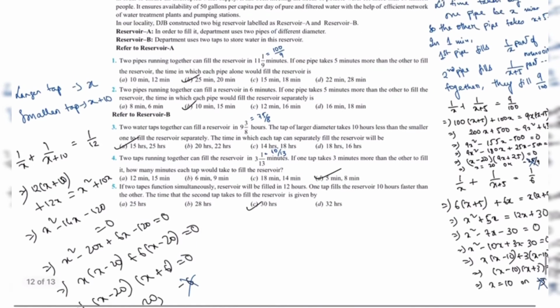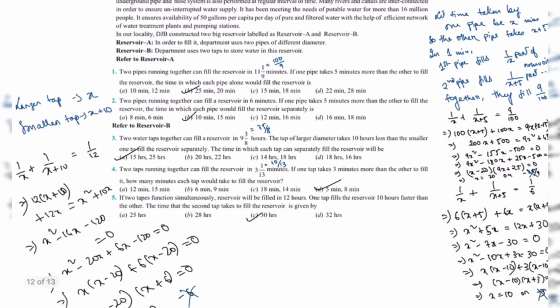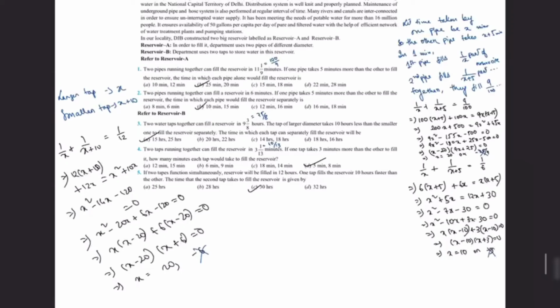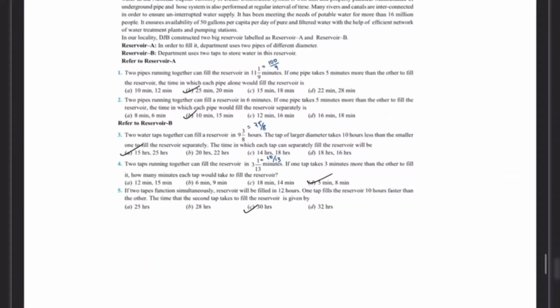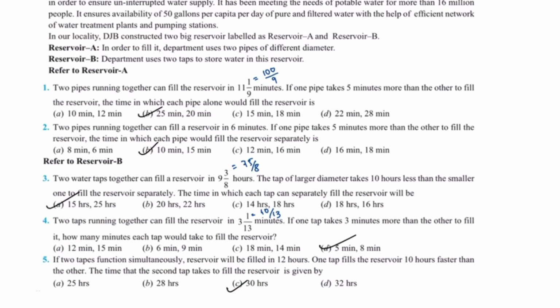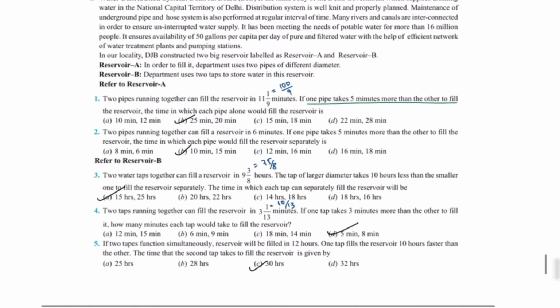Now I'll show you that all of this was mostly unnecessary. Why? We had no need for solving any of these quadratic equations. Let me tell you why. And this is a trick that you can use most of the times in exams if you get this kind of tap water problems. So why? You can see one pipe takes 5 minutes more than the other. So form the equation, solve the equation only if you do not find time difference of 5 minutes in any of these options. What does it mean? You see,